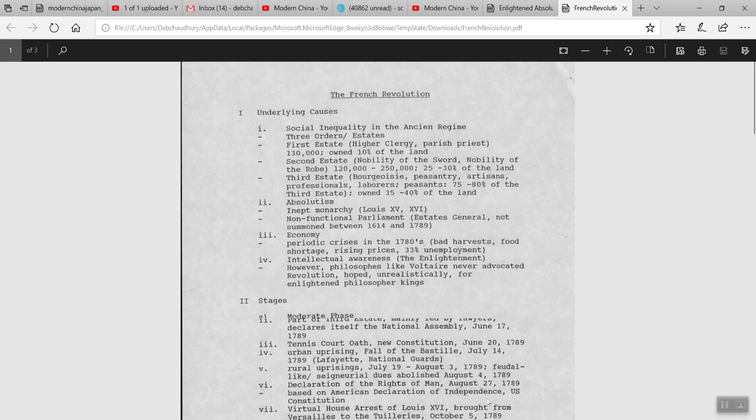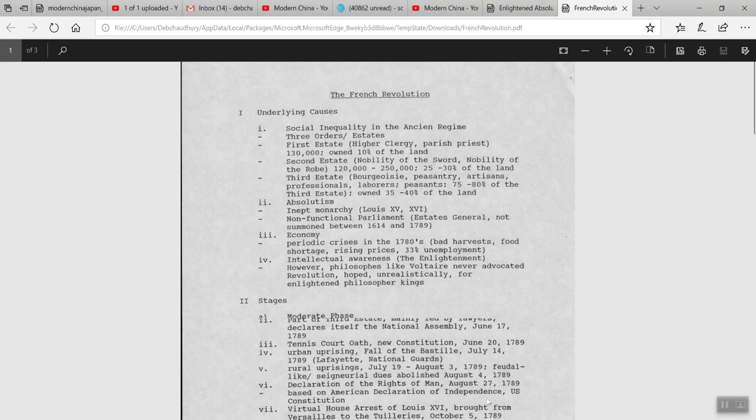The Estates General opened at Versailles on the 5th of May 1789, and some argue that this was the start of the French Revolution. It was an open admission that the monarchy, the absolutist monarchy, had failed and divine right had not come to their rescue. It was troubled about whether voting should be by order or by head, one vote per person or one vote per estate. The Parliament of Paris consisted of the nobility of the robe, who advocated voting by order,